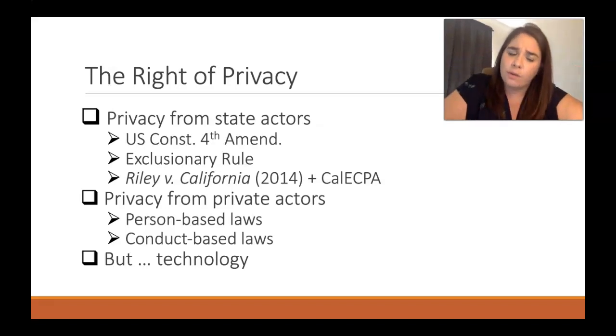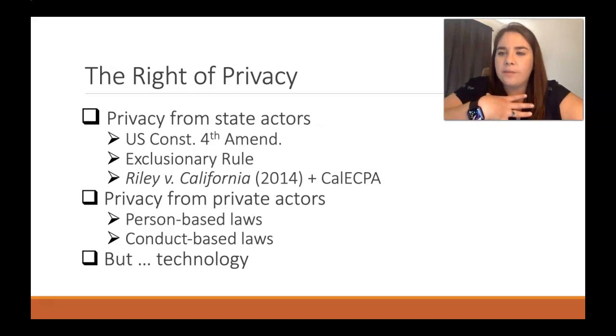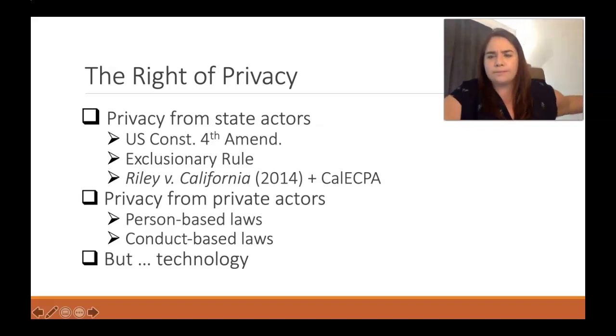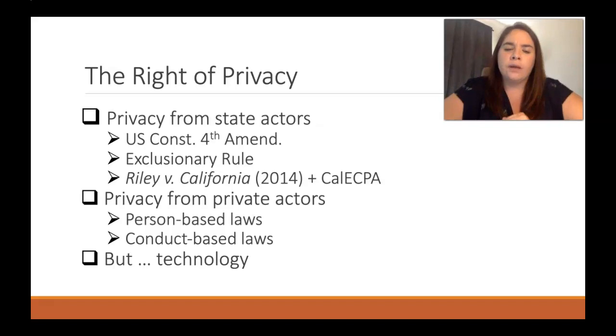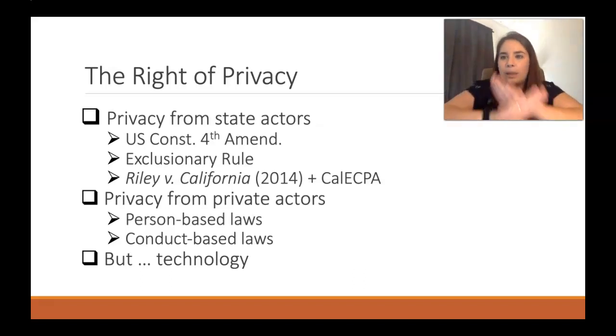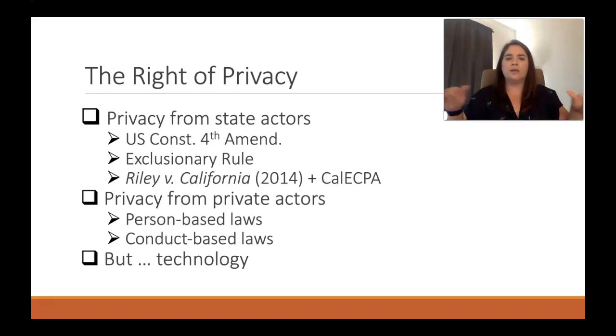Now you may ask yourself, well, Cassandra, what about my right to privacy from other people, not government people, private people? I want my privacy to be protected from Joe Schmo the Ragman walking down the street. Great question. Here's the deal. You do not have a right to privacy against other private actors. You don't have a blanket rule that says, hey, listen, you are protected from other people invading your privacy.